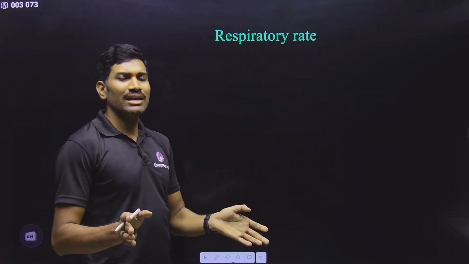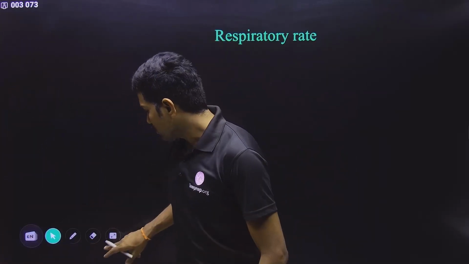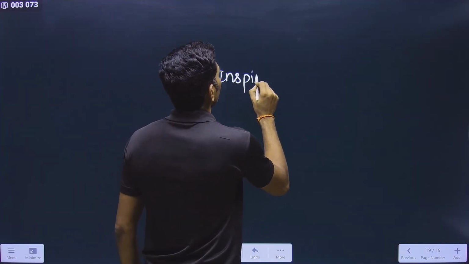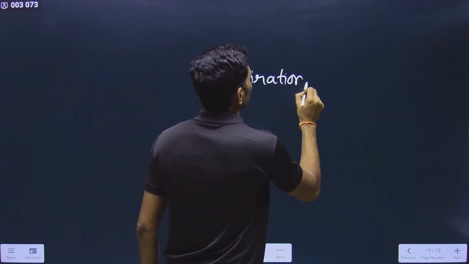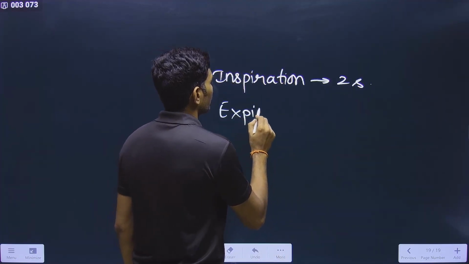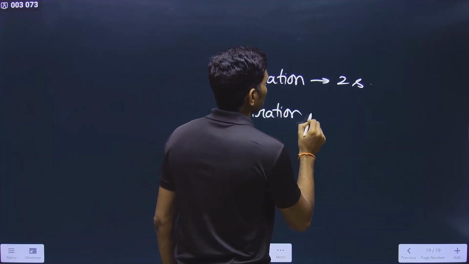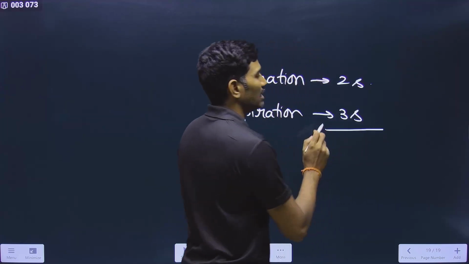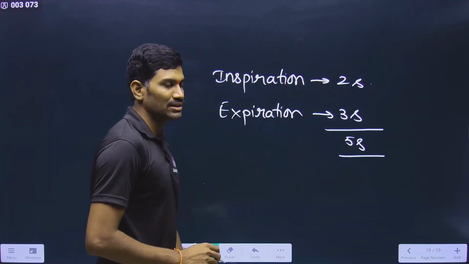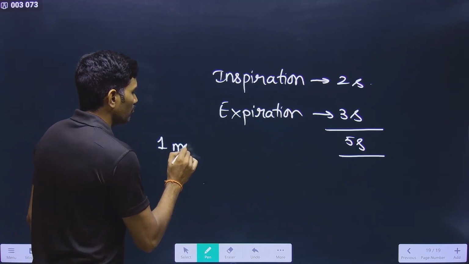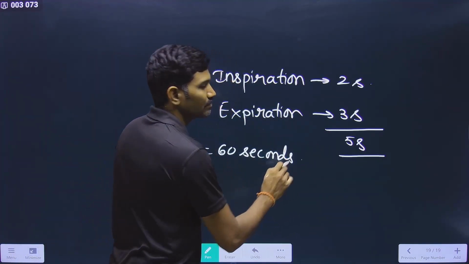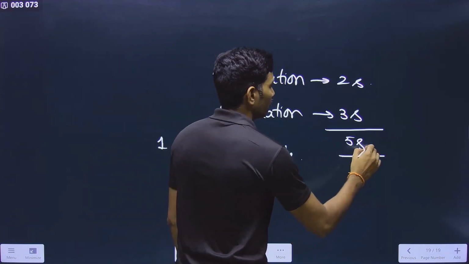Respiratory rate on an average. Please remember, I told you for the correction: for inspiration, it is taking 2 seconds, and for expiration, it is taking 3 seconds on average. These are average values. So on an average, for one breath, it is 5 seconds. In 1 minute, which means 60 seconds, with 5 seconds for one breath,